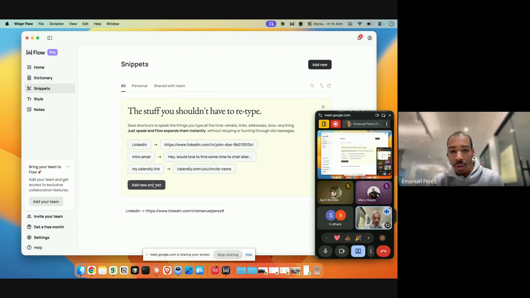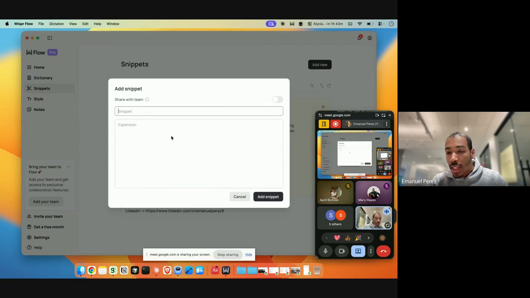So, for example, I always have to hyperlink in my LinkedIn, and it takes me like 10, 20 seconds to type out. But now I can just say LinkedIn out loud, and Wispr Flow will automatically know to include this link.